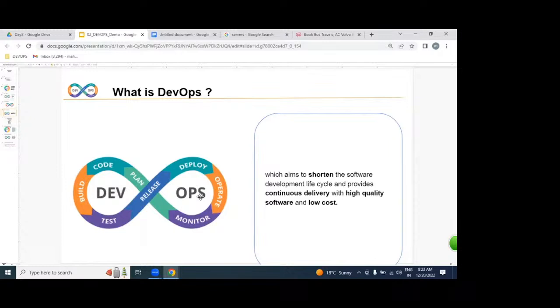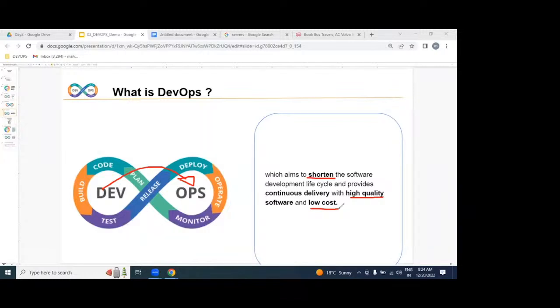But what exactly will happen? Developers write software, or not? Lines of code by using Java, .NET, Python, or not? That code we're going to be placing from dev environment to production environment. While delivering working software from dev environment to production environment, make sure you are delivering within the shortest time, with high quality, with low cost. That is nothing but what? DevOps. So let me repeat this point.